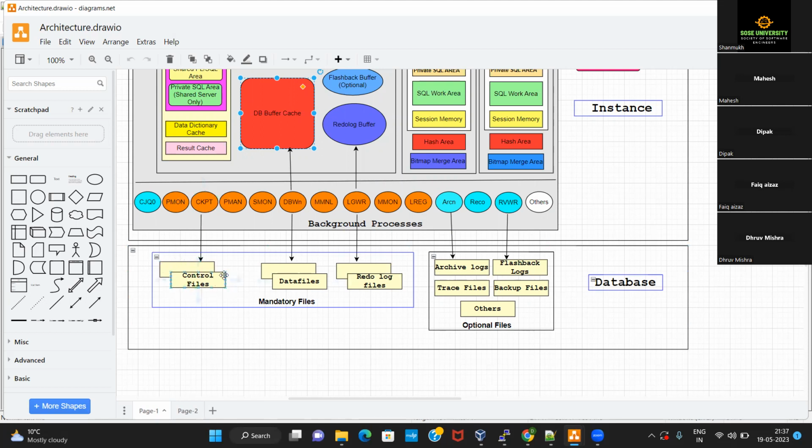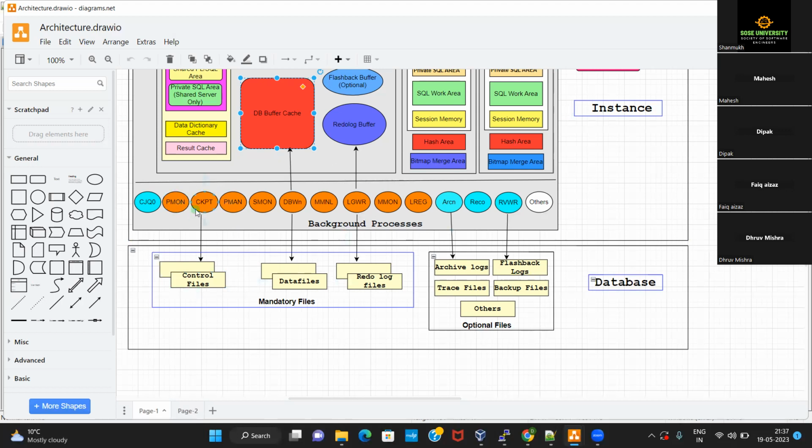We haven't discussed control files yet; we are yet to discuss that. So after every 3 seconds, the checkpoint background process gets activated and it will write the checkpoint information into the control files and the data file headers. Who signals that?